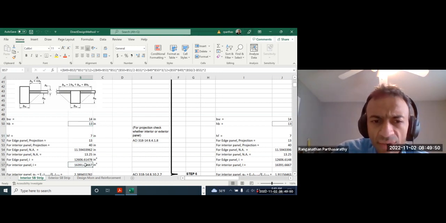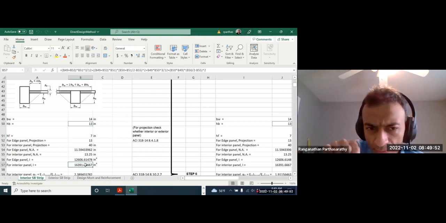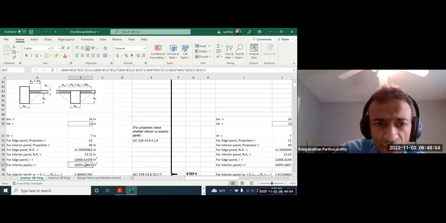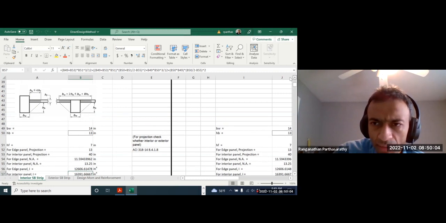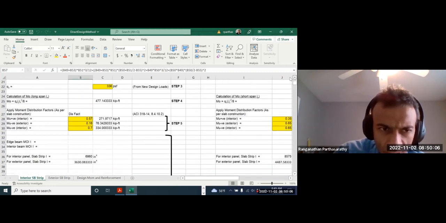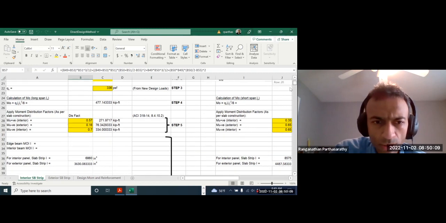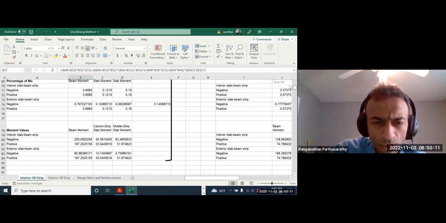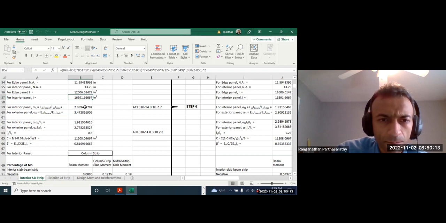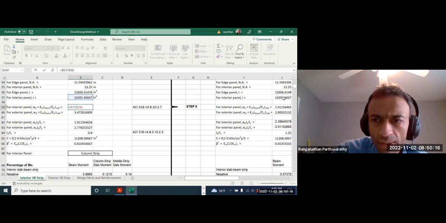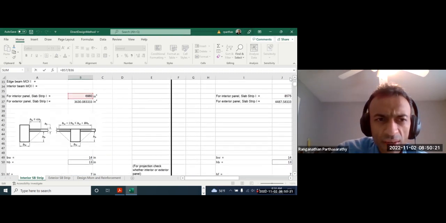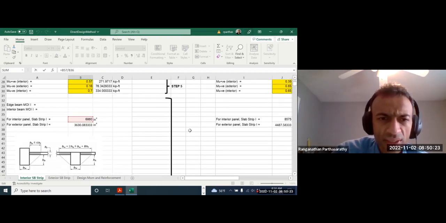Based on that, we can get some effective T-beam section for the beam, and we got our moment of inertia for the beam. And for the slab, our moment of inertia is just